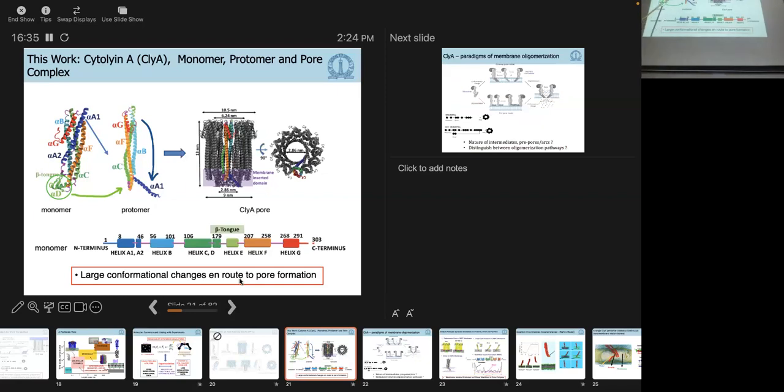This structure here, the beta tongue, largely consists of hydrophobic residues. So it likes to penetrate into the membrane. And then there's this reorganization that takes place. For those of you who are interested, it's about a 303 residue long structure, and quite a large system for us to simulate. The entire pore complex in the membrane with water, all atom, is typically about 500,000 atoms in total. And today we can simulate a few hundred nanoseconds per day with the computing resources that we have.